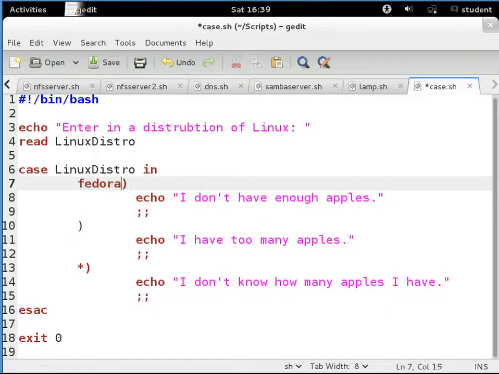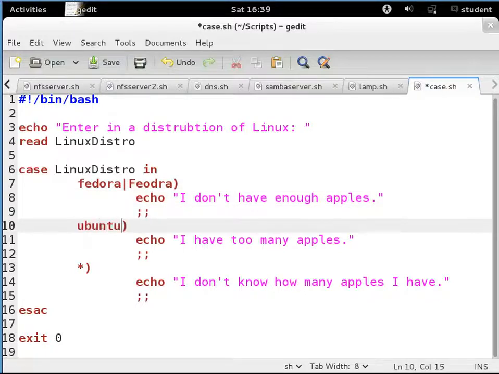You can even do this. You can do a vertical bar, which means or. So it could be either Fedora like this or Fedora with a capital F. Make sense? There's some other tricks too you can do. Ubuntu, etc. Something like that, right? And then I can have it be